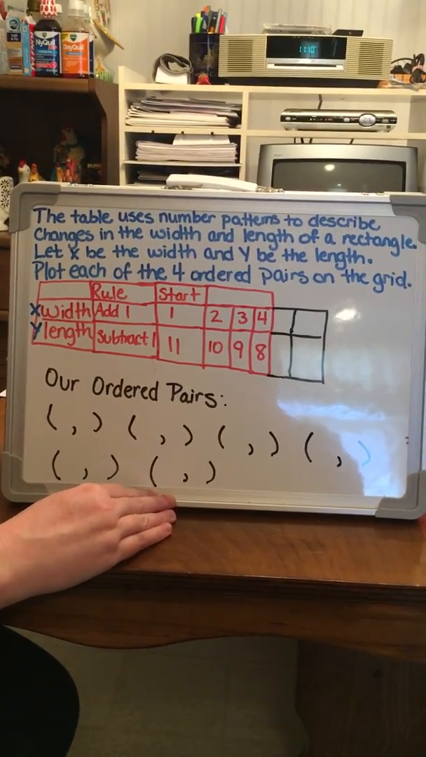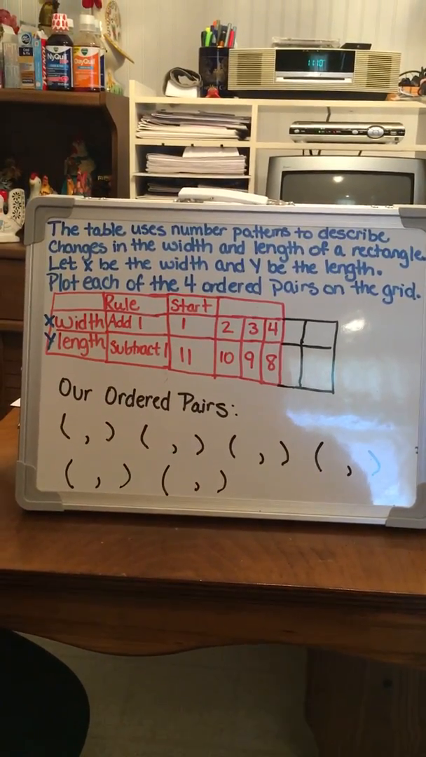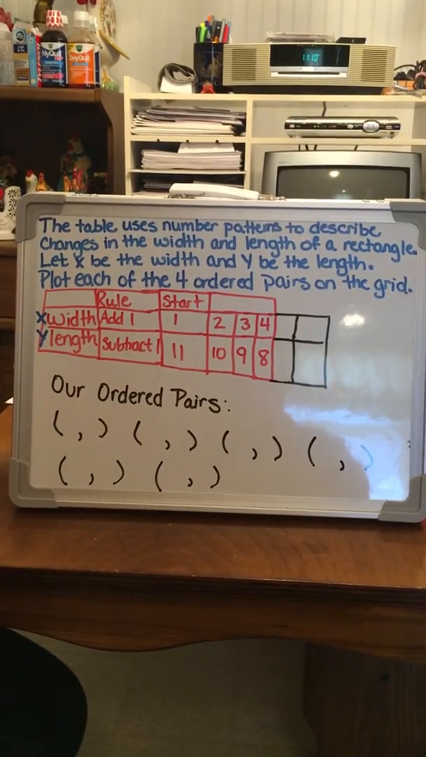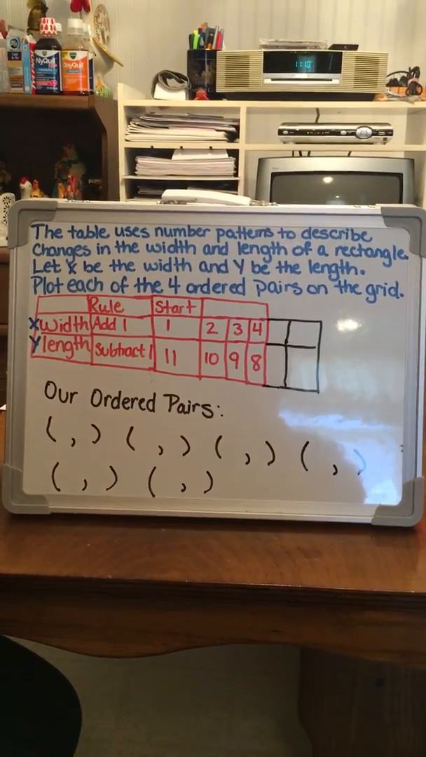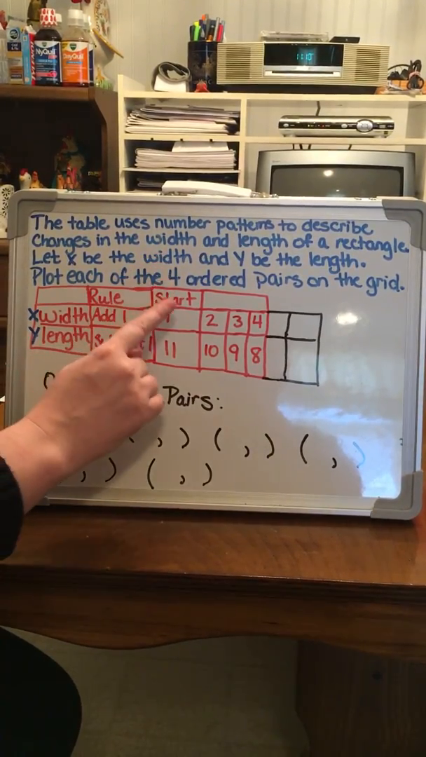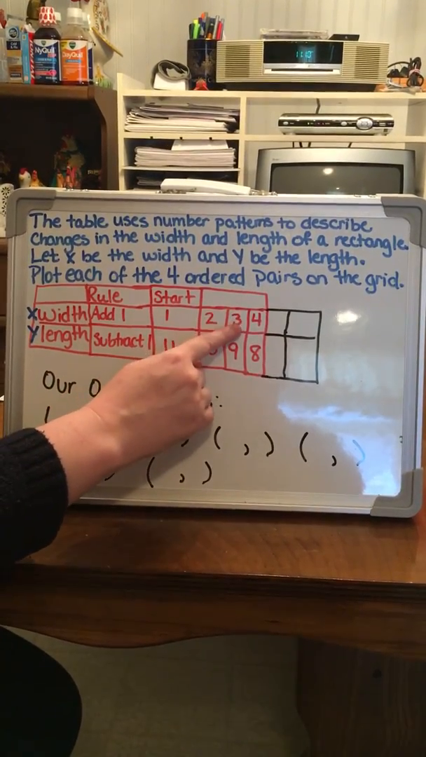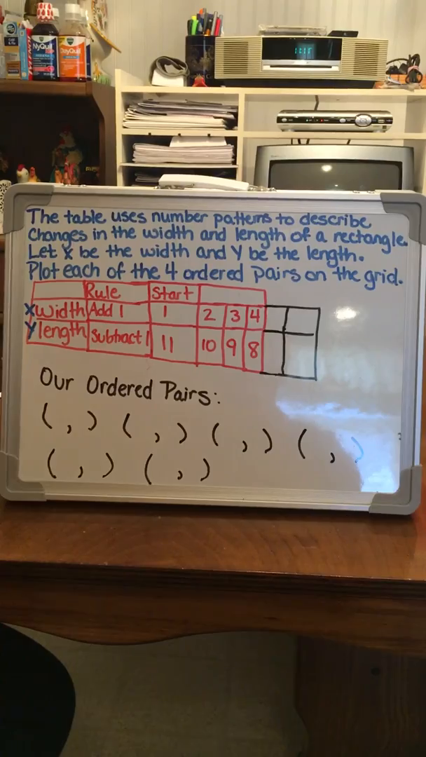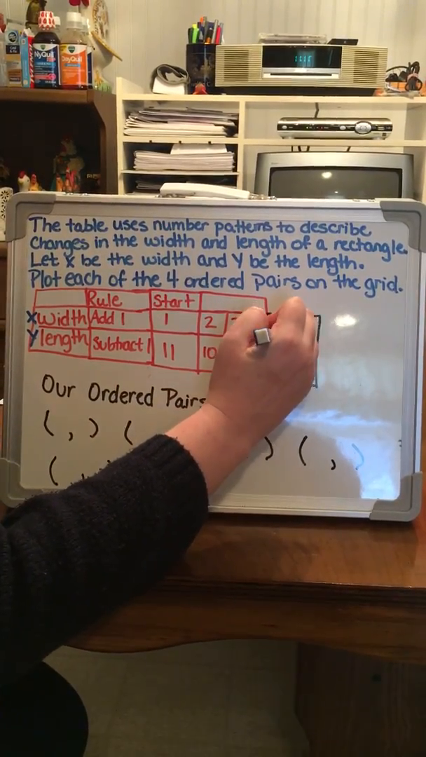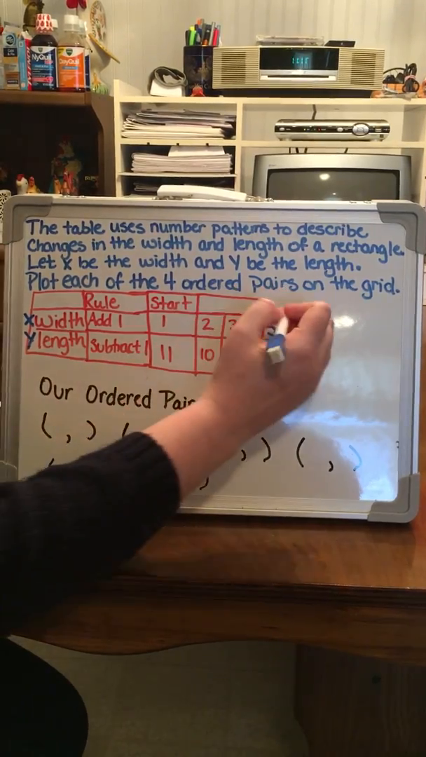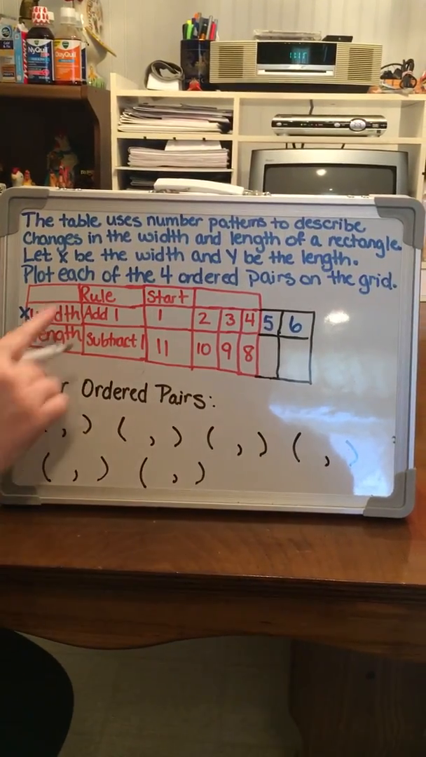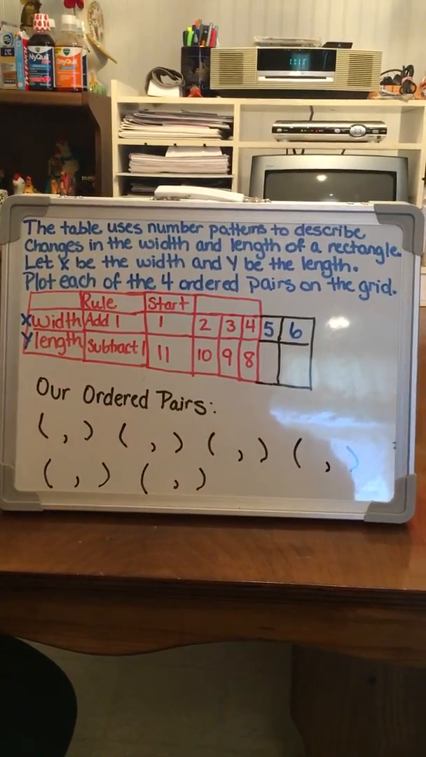mean by that. So what they've done is they've given you rules. The rule for the width of the rectangle is to add 1 each time. So you can see that pattern happening as we go through the chart. 1, 2, 3, 4. The next one would be 5. And what would be the one after that? Hopefully you thought of 6, because the rule for the width is you add 1 each time when you're creating